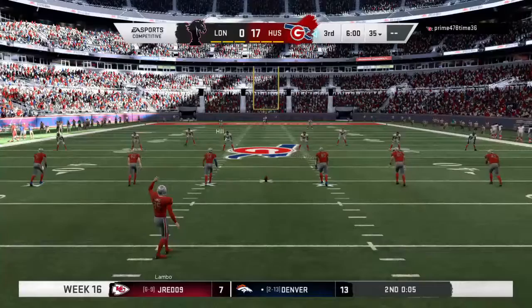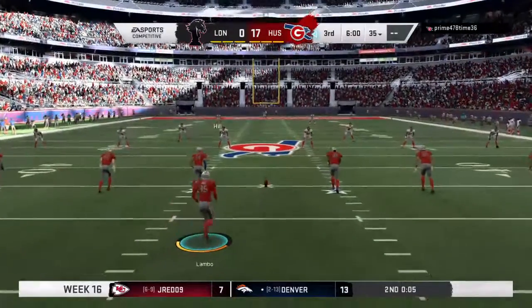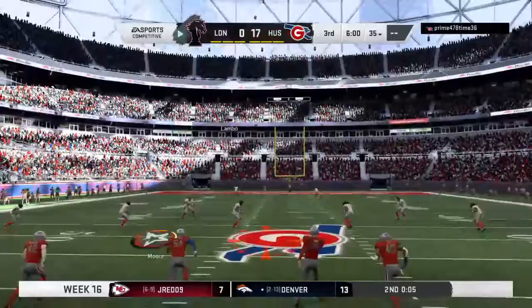Take it away, Coach. Both teams appear ready for the fight ahead, and we resume action here in quarter number